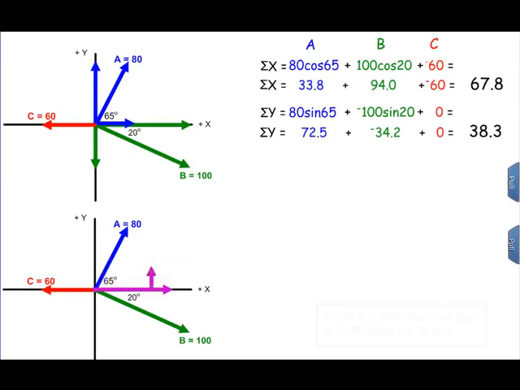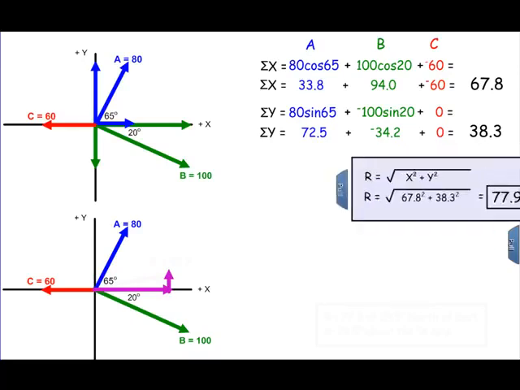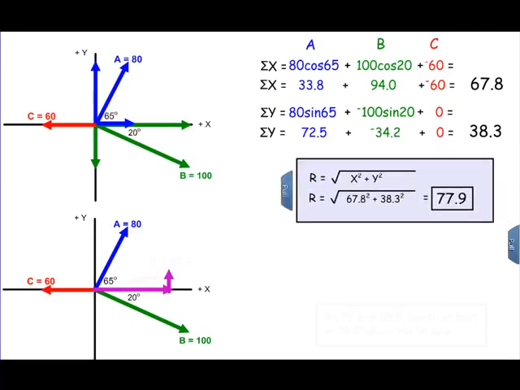Now I'm going to pick up the sum of the y's, and you can see our y component. That's our two legs of a right triangle. So we can then define the resultant by using the Pythagorean theorem. We'll take the square root of the sum of the x's squared plus the sum of the y's squared, and we get a value of 77.9 for the resultant. And let me click on it, and you can see what the vector looks like, and what the